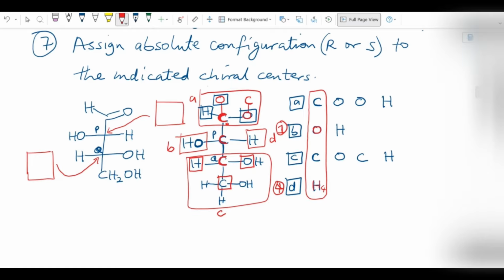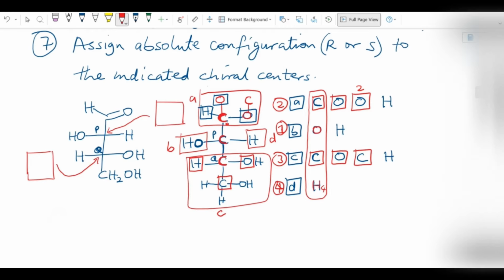Priority number 2 could go to C or this. Since we have the same atom, there's a tie. Wherever there's a tie, you have to go to the next atom. So the subsequent atom here is oxygen. Here also is oxygen. We have to keep going until there is a difference. Now, since there is also a tie here, we'll have to go to the next atom. So the next atom for C is carbon, for A is oxygen. So priority number 2 is going to go to oxygen, which is A. So we give A priority number 2. And priority number 3